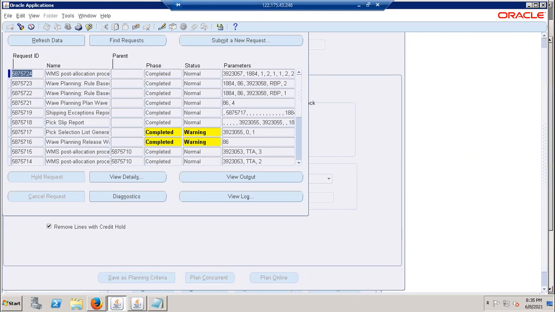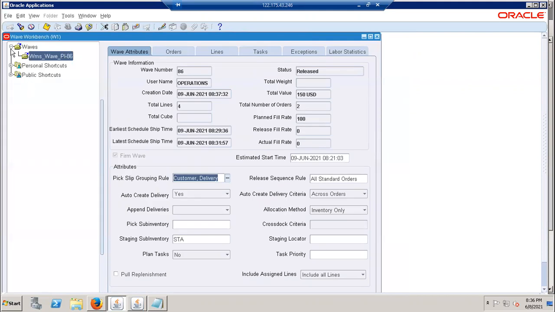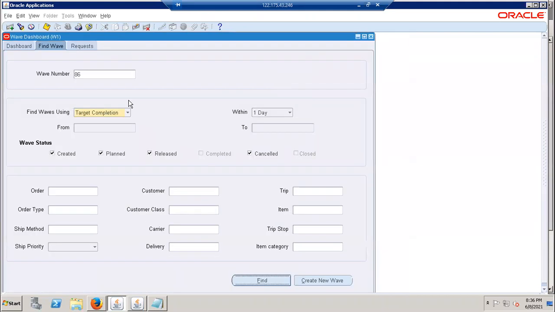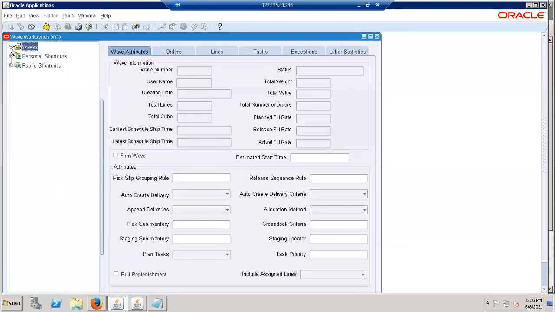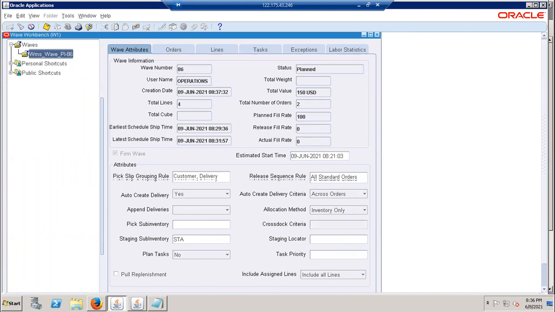Close this. Now let's go and see again. Search our find. Okay. Now just select, scroll down.